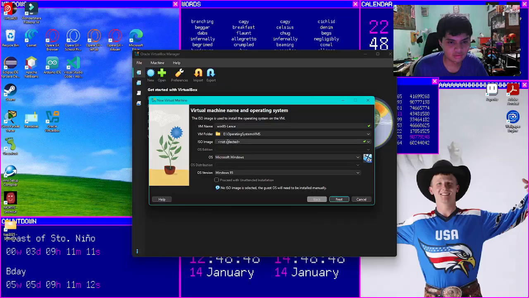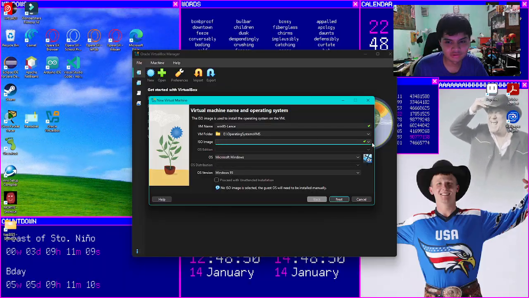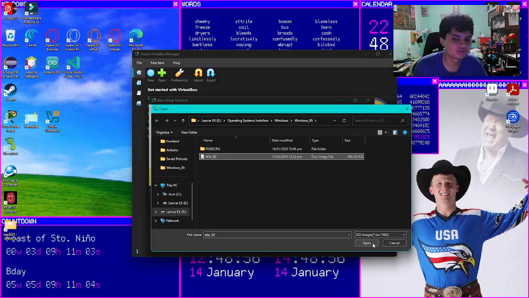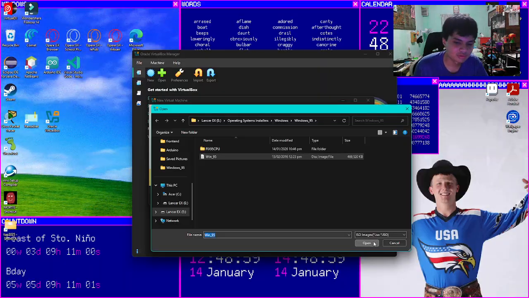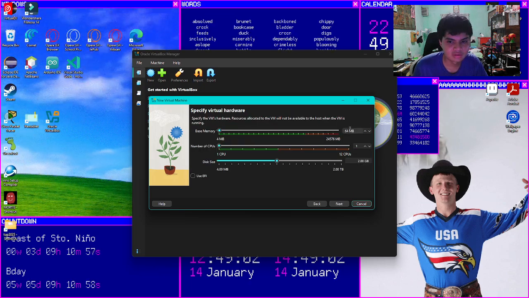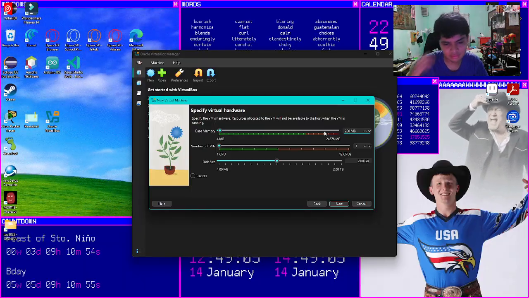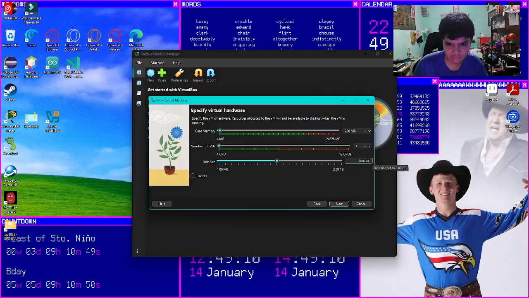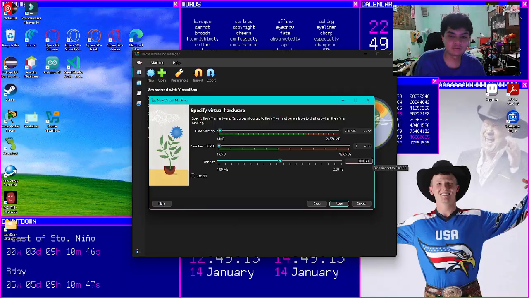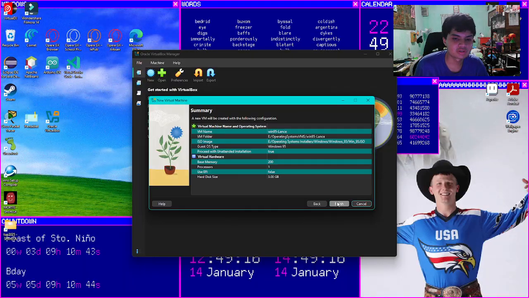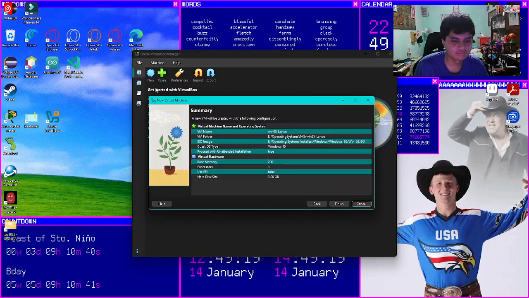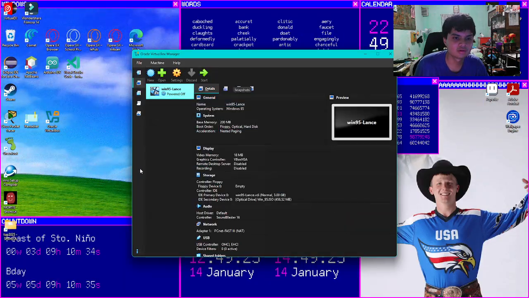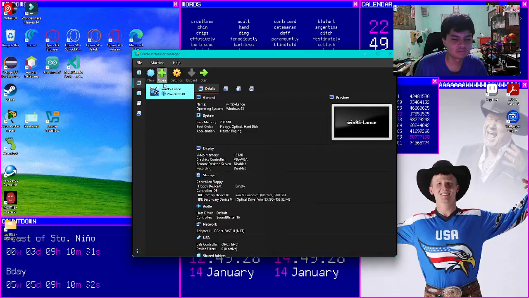Next, and the ISO image too. I almost forgot the ISO image. So just press other, then press Win95 if you installed it. You can find it in the internet. And press open. Then press next. So I want to use 200 MB of base memory, and I want 3 gigabytes of this. So you can use the given, but you can also customize if you want. And press next. Here's the summary of the virtual machine that we're creating. Then click finish if you're finished reading, and it created the virtual machine that we need.